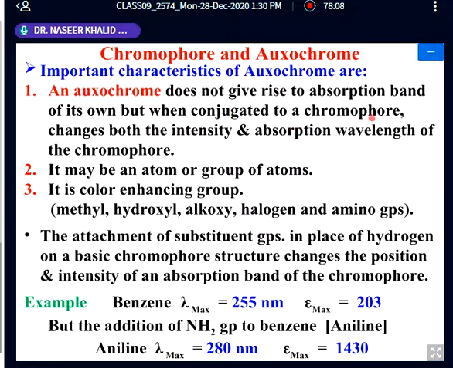it changes the intensity as well as the absorption wavelength of the chromophore. It changes the chromophore characteristics. It may be an atom or a group of atoms. Yes, it could be a group of atoms. It could be a simple atom. We are going to have an example of that. Its color is changing. It is a color enhancing group. So due to the presence of this group, the color of the chromophore will always be increasing. So it is a color enhancing group, such as methyl group